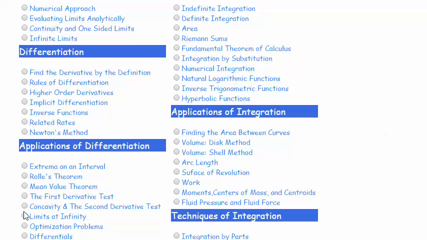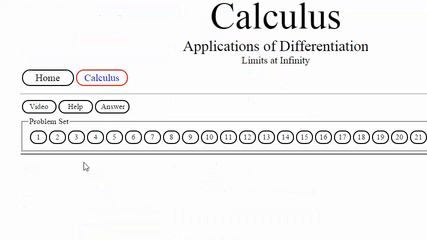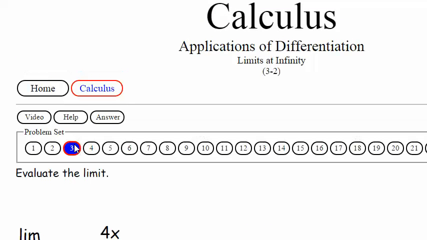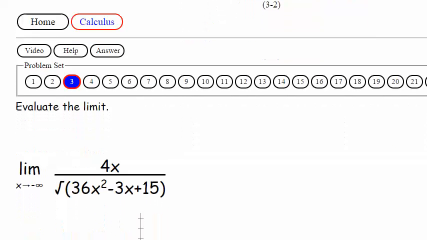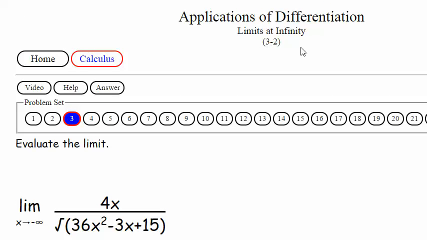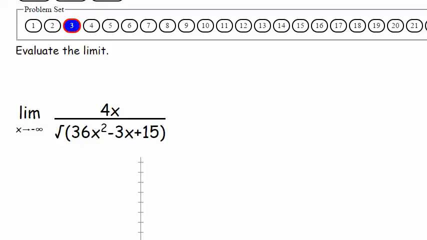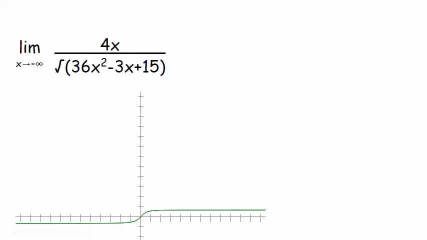Let's go down to limits at infinity, and 3-1 we just got through working. So let's look at 3-2. And if you haven't seen 3-1, you need to go back and see how we do that, because I'm not going to go through that whole thing again. All right. Now,